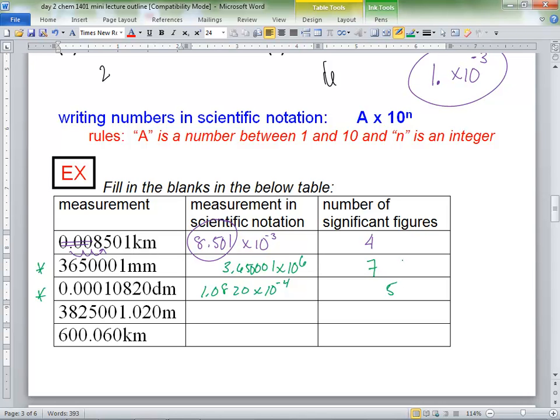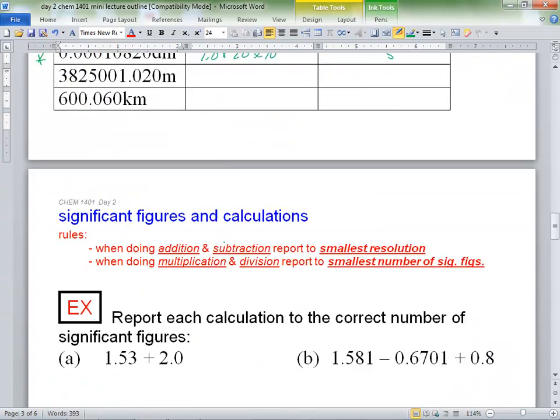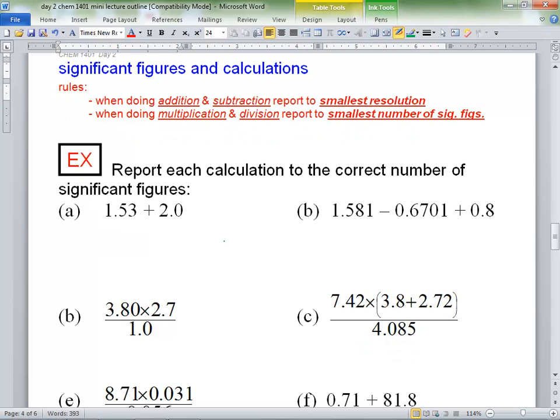So on Friday you're going to be taking a quiz. The homework is like this, right? The quiz is like this. To give you a heads up. Okay, significant figures and calculations. This you just got to know,